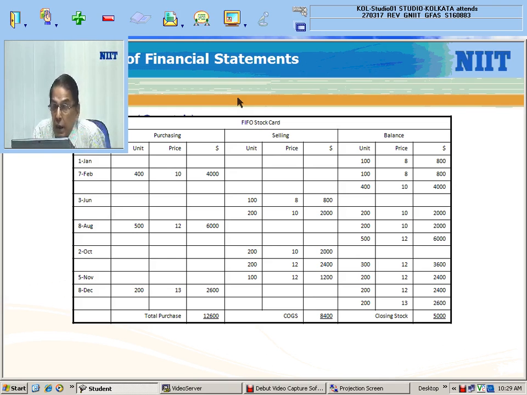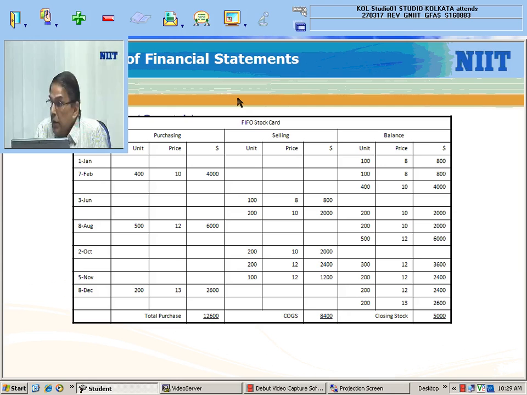So this is basically the perpetual system of inventory, where at any point of time you can know the value of inventory in hand. In periodic inventory system, only at the end of the accounting period a stock taking is done, the inventory is counted and the value of the inventory is determined. But during the year at any point of time,